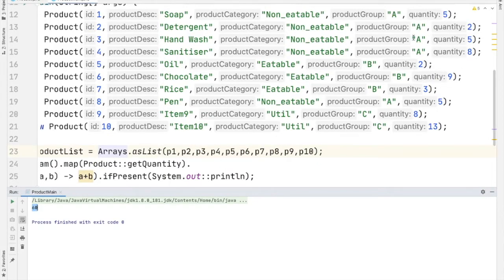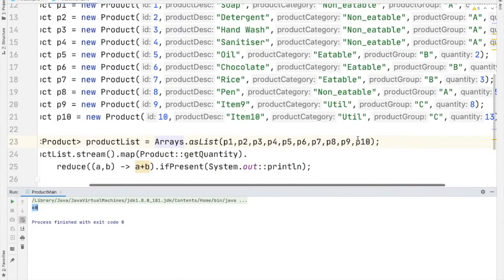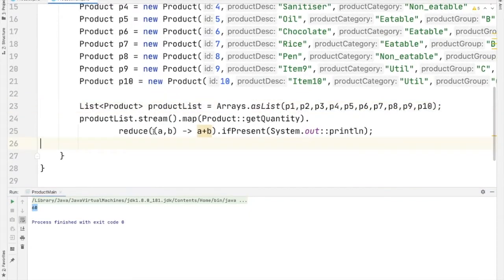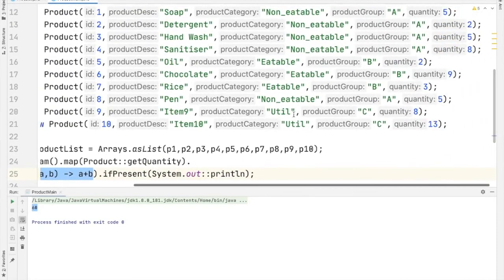So if you are adding all the values of the quantity, we will get a sum as 60. Since we are finding the sum of quantity, I am passing a numeric binary operator as the argument of reduce method, which is nothing but an accumulator. In this case, the start value will be 0, and in the case of string, the start value will be a blank string, which means that addition begins with a start value 0. Here it will be like 0 plus 5 plus 2 plus 5 plus 8 plus etc.